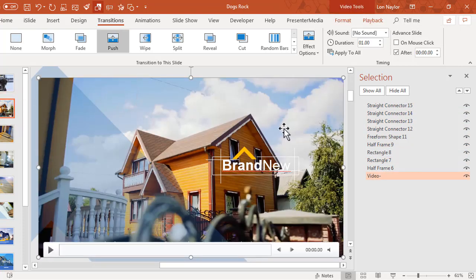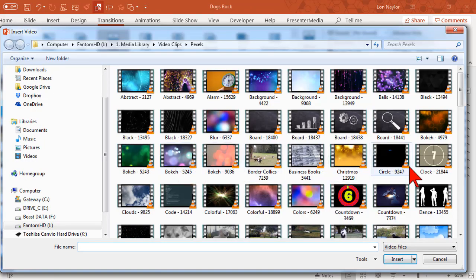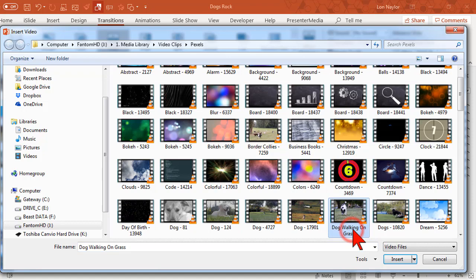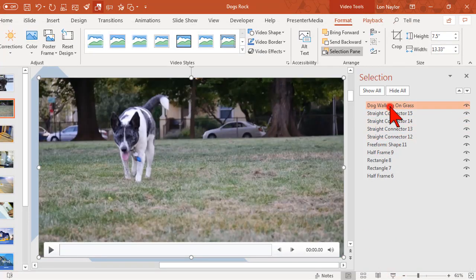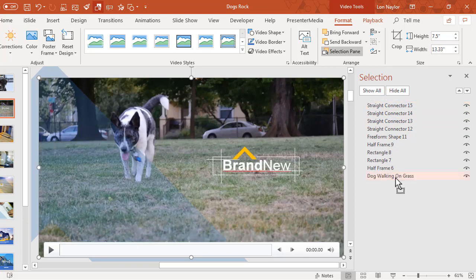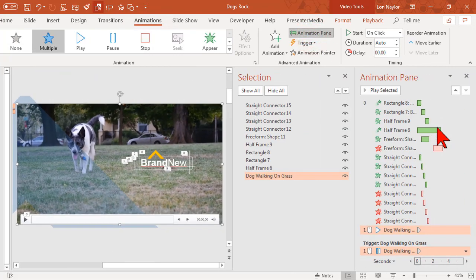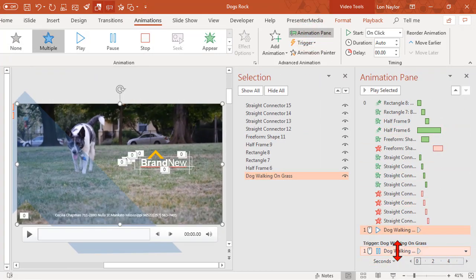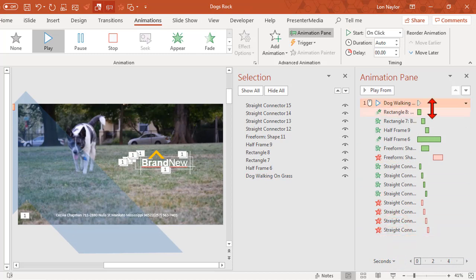Click on the video, press Delete, click the icon. Let's go find our next video clip and insert. Drag it down to the bottom. Go to the Animations tab and the Animation pane. Delete the trigger and move the video clip up to the top,